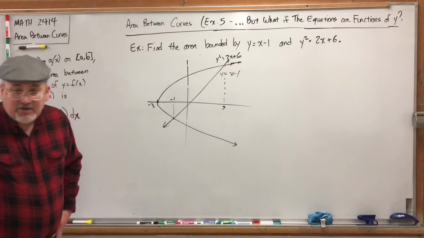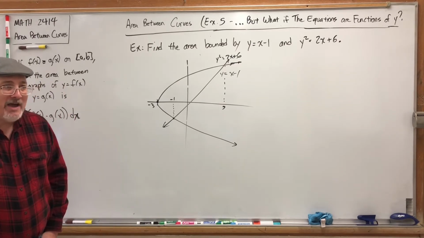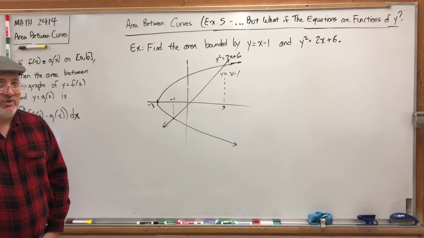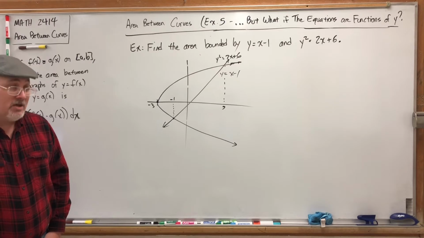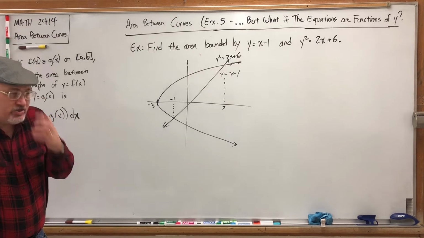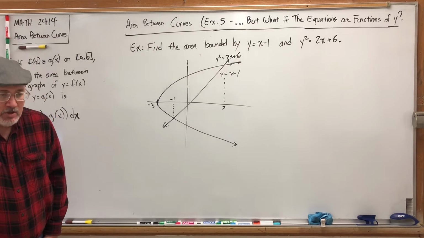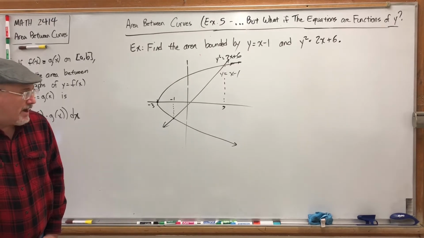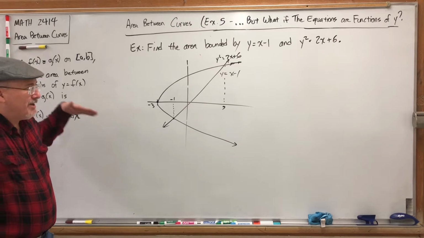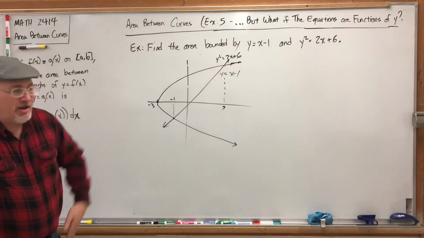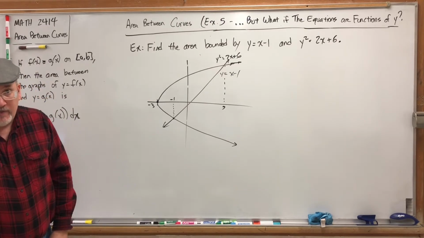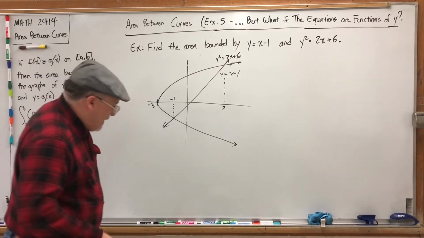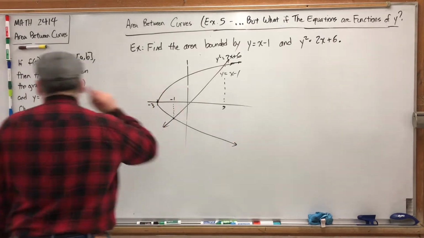But the way you can tell that a graph is a function of y is if it passes the horizontal line test. The vertical line test answers the question, are you a function of x? The horizontal line test can answer the question, are you a function of y? And what I mean by the horizontal line test is that on the parabola, a horizontal line would only cross it once. These are both functions of y. Now why does that matter? Because if we go back over here,